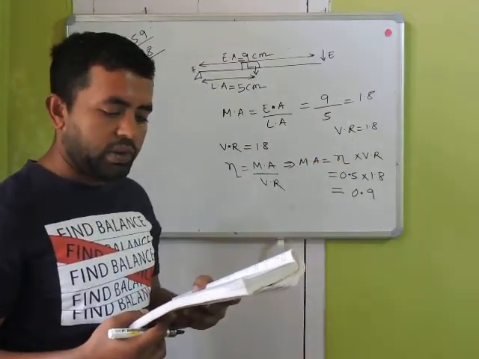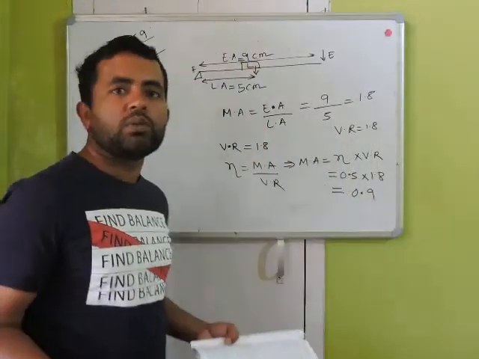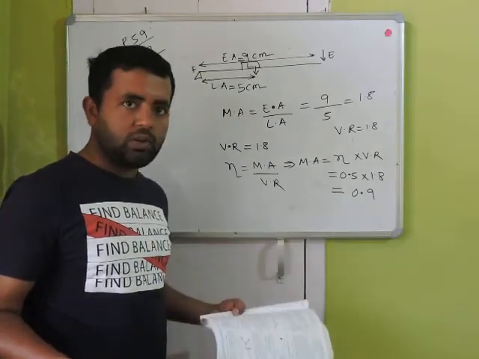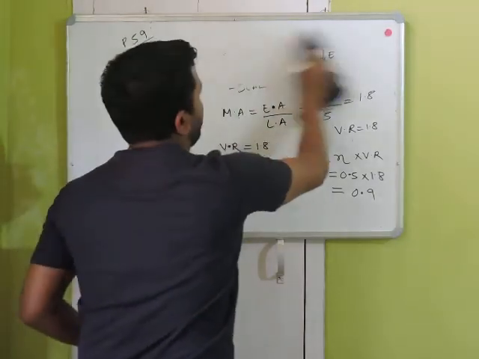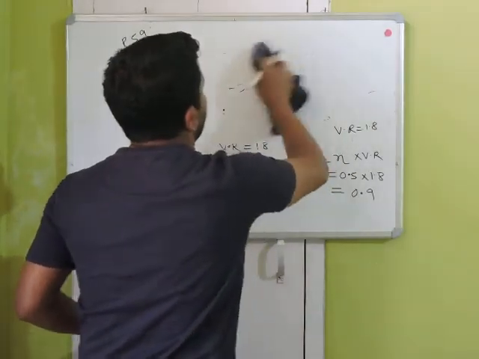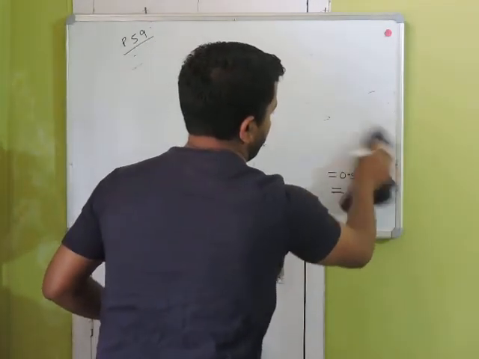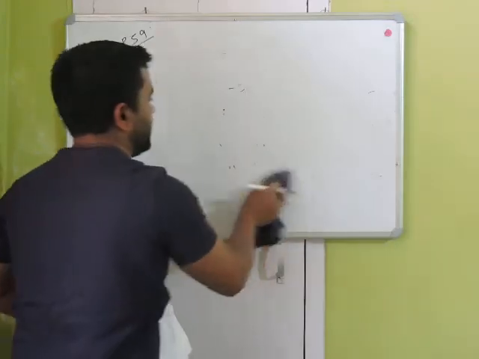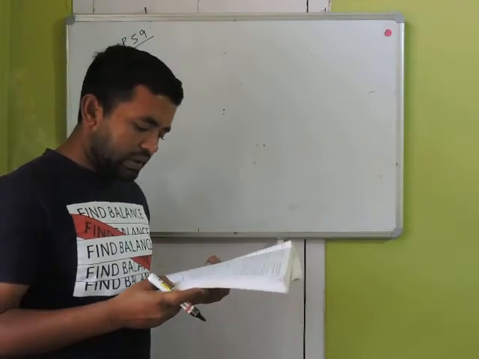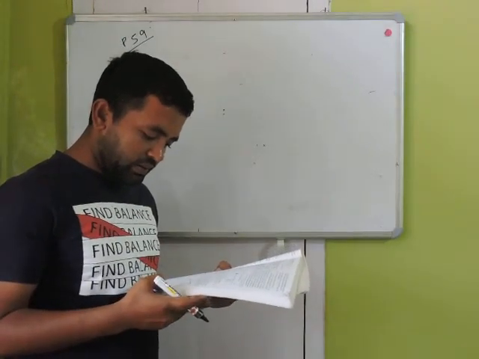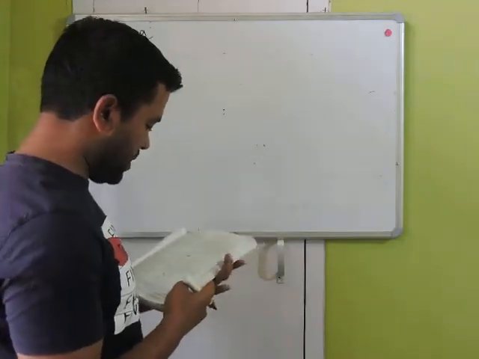Now we are going to do the last numerical for lever. After this you have to do all the questions from the book and let me know if you can't solve any question. So this is the last numerical, numerical 10. In numerical 10 you have been given a wheelbarrow and some information, and then you have to find all these things, right? So if you see,